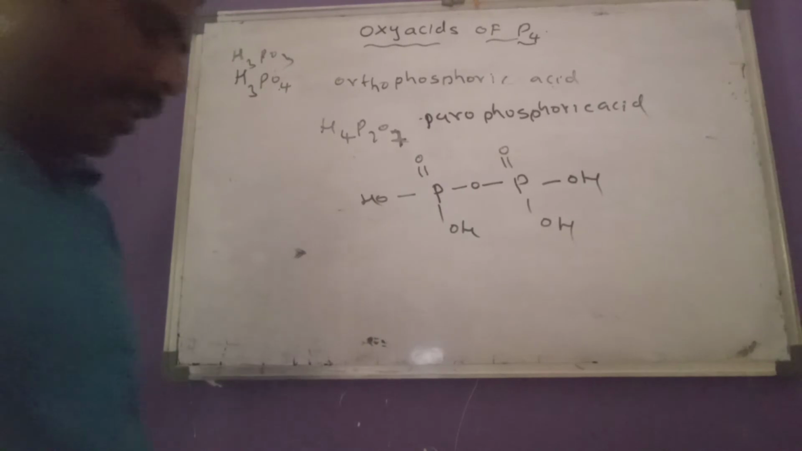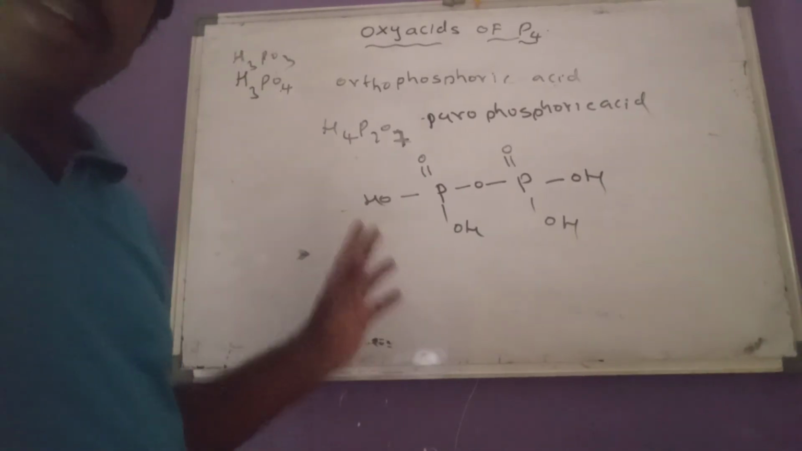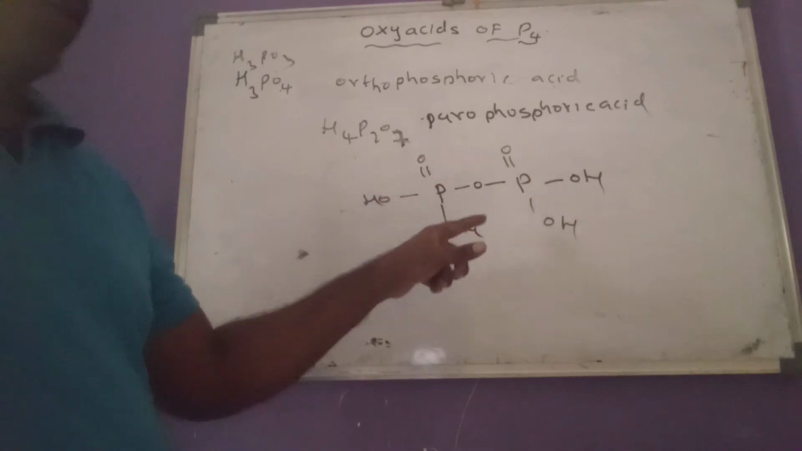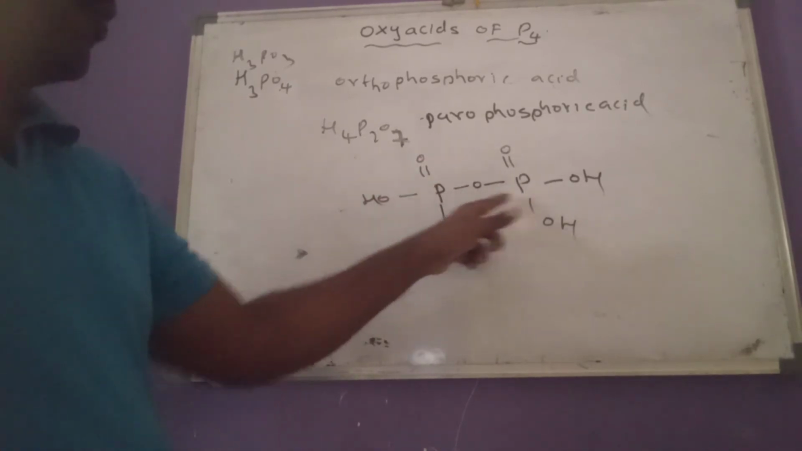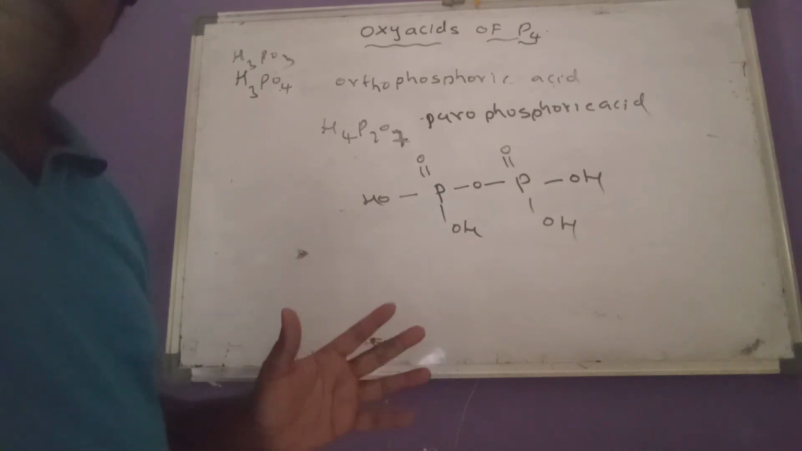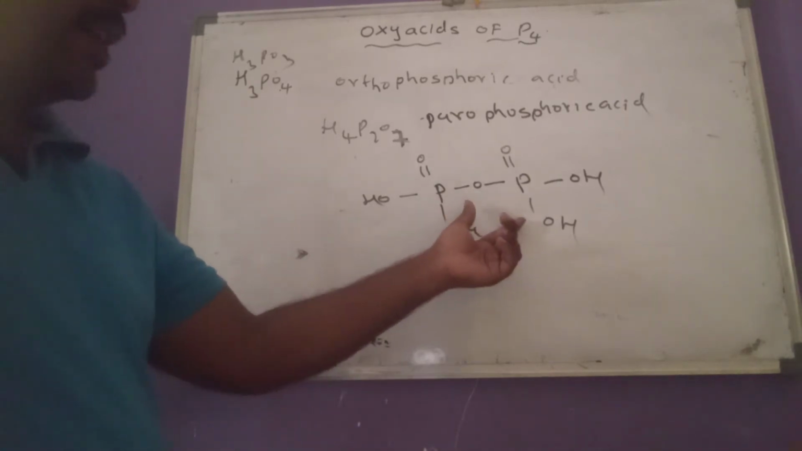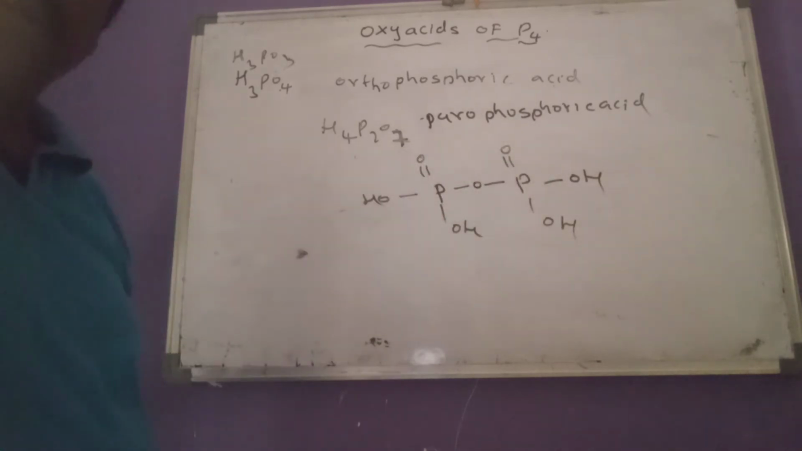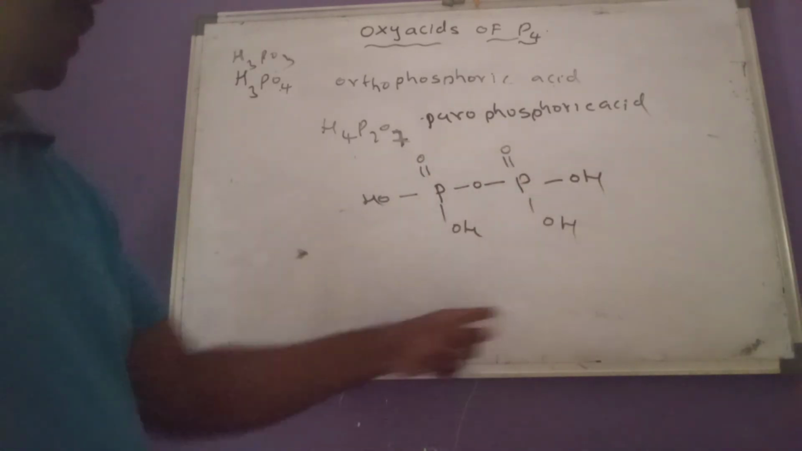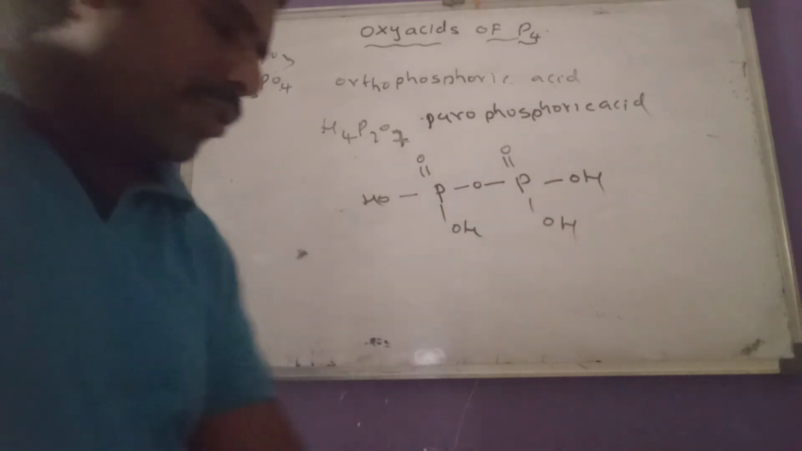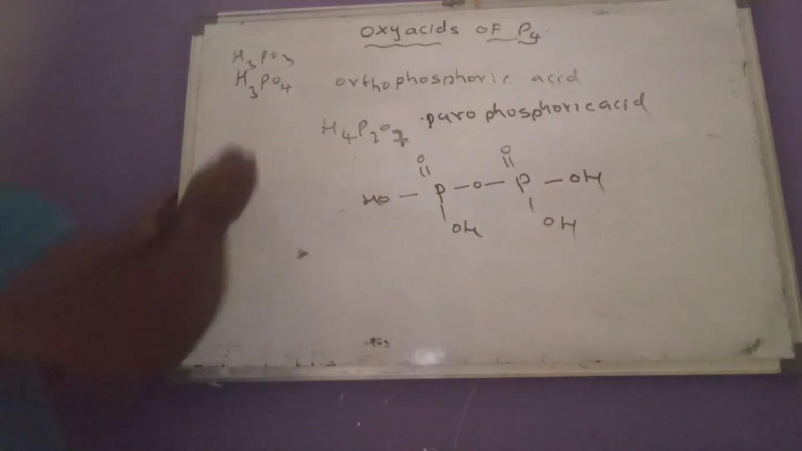One of the important questions regarding oxyacids of phosphorus is: which acid contains a POP bond? The acid containing the POP bond is nothing but pyrophosphoric acid, and its basicity is 4 because it has 4 OH groups. Okay, then after that,